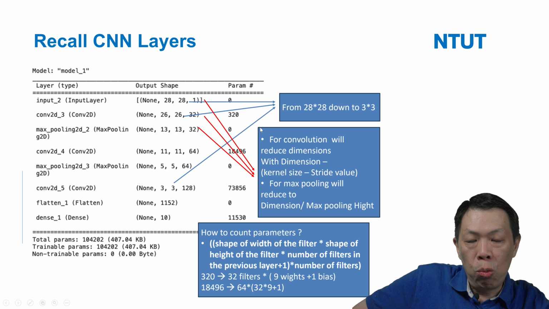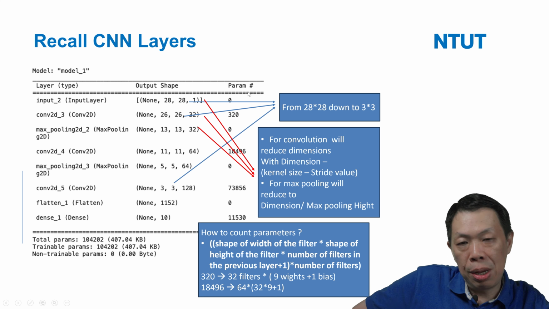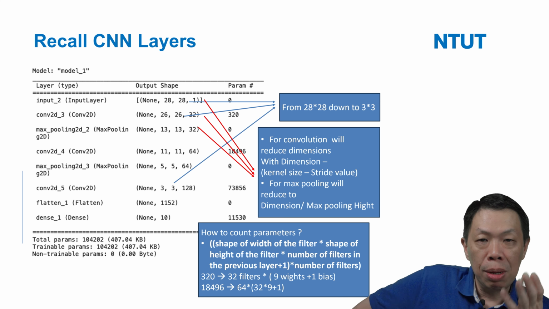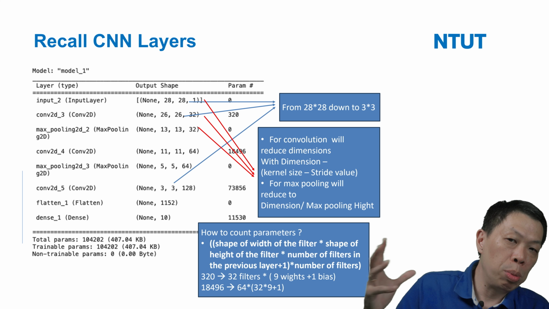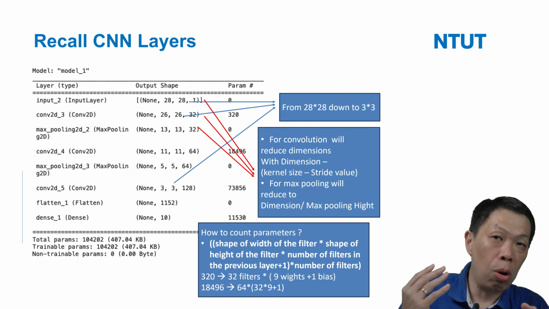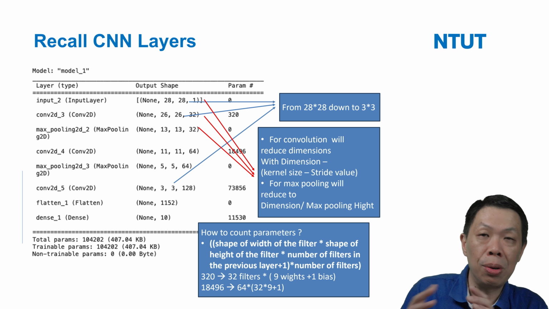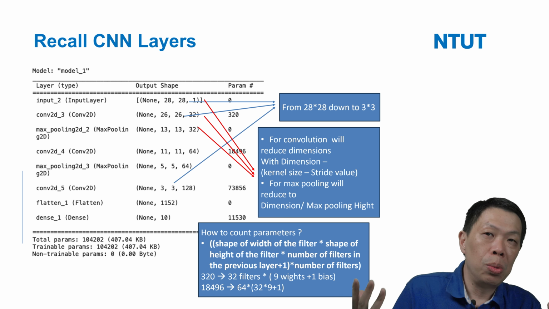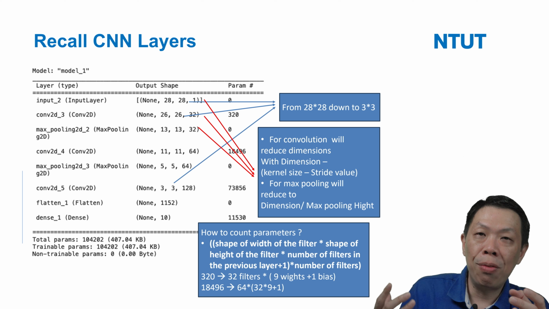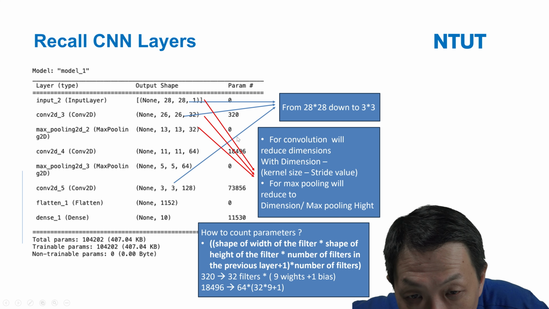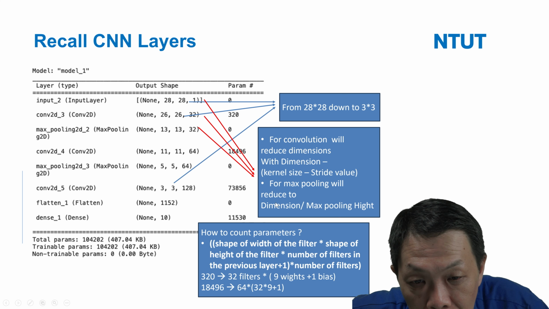And when we do the model summary, it will also show the parameters. The parameters are very crucial for any machine learning or deep learning model, right? Because if you have too many parameters, you need to learn them by gradient descent. That costs a lot of time for the differential calculation, a lot of floating point calculation. So we want to still have a good model, but with fewer parameters. You can see these are all the parameters we generate from the model.